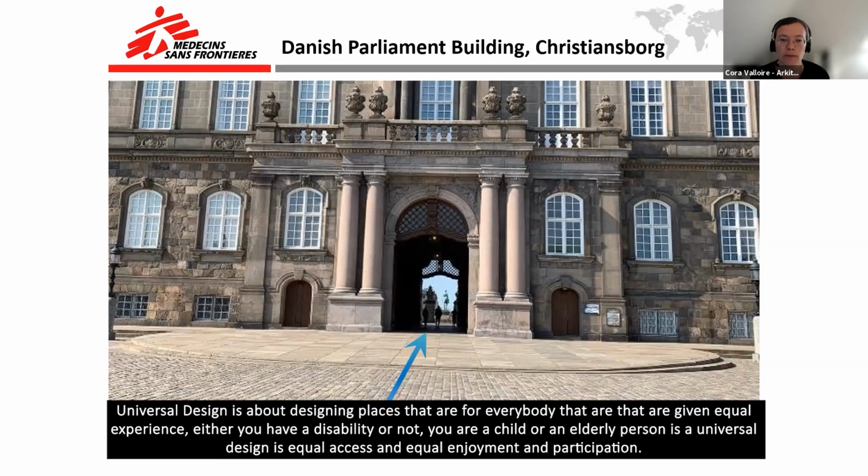Universal design is about designing places that are for everybody, that give an equal experience, either you have a disability or not, you are a child or an elderly person. Universal design is equal access and equal enjoyment and participation.